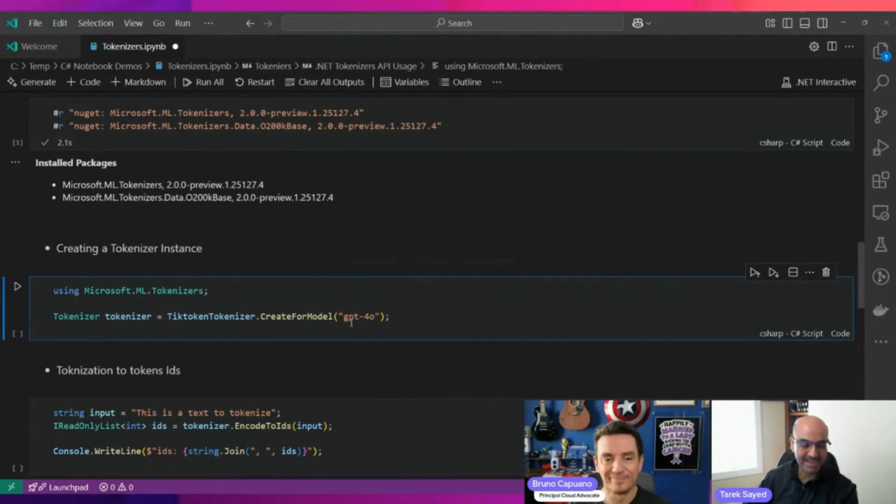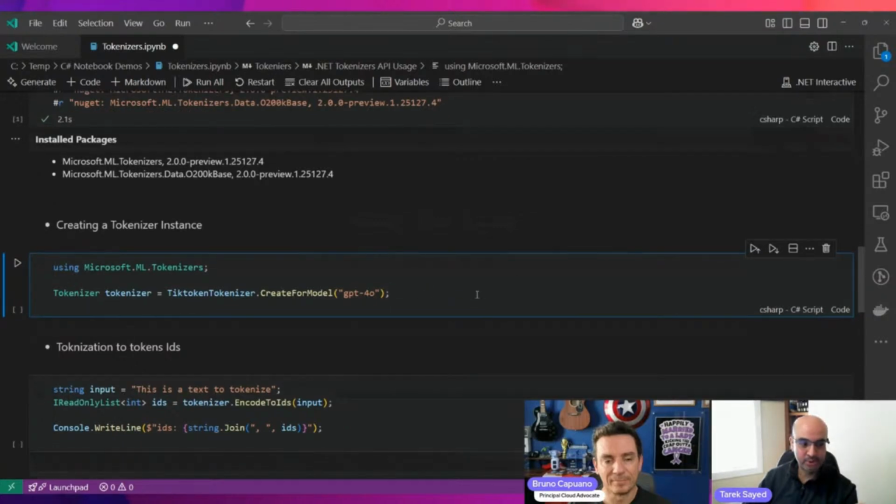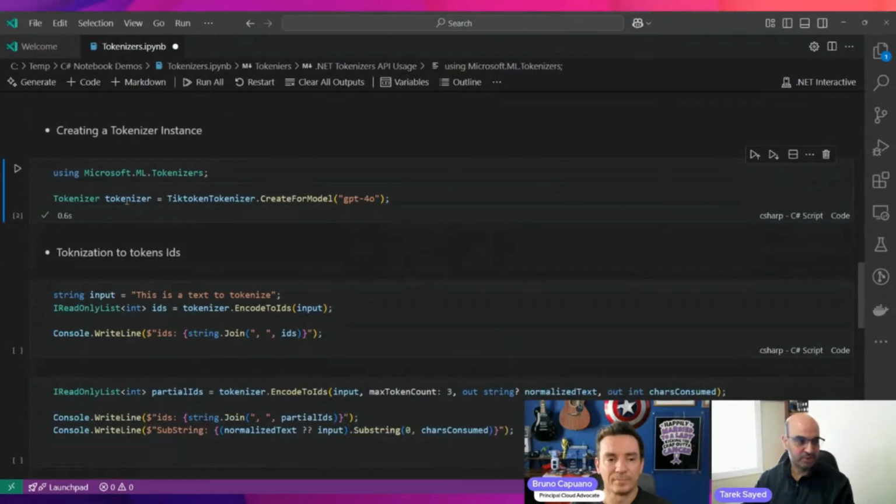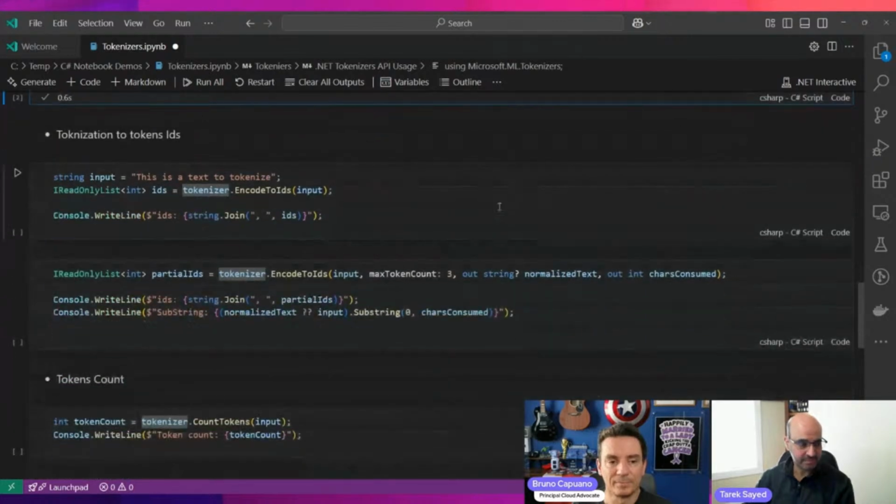And the other option is you can create the TikToken tokenizer if you have your own vocabulary file. You can pass the vocabulary file and create it. So we have multiple options for how to create the tokenizer. We run that, and now we have the tokenizer object created.